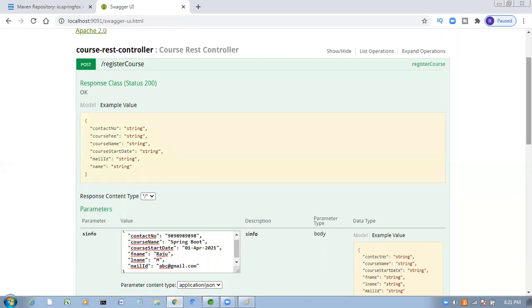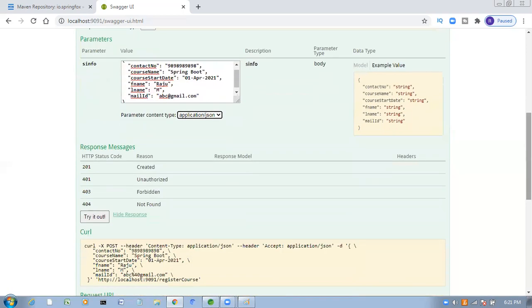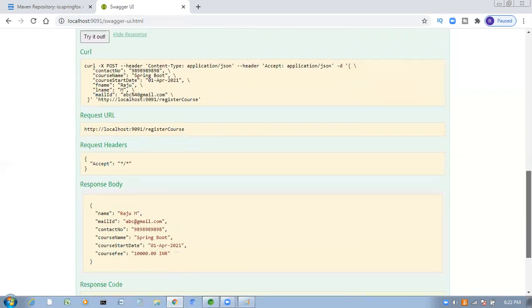Right, and here you can see the request also, the request format, JSON formatted, contact number and everything. Now if you click on this, automatically you will get the copy here. There you just need to provide the values. See here, content type JSON. Now here we have the option Try it out. If you click on that, this request will be processed, and here you will get the response like this.